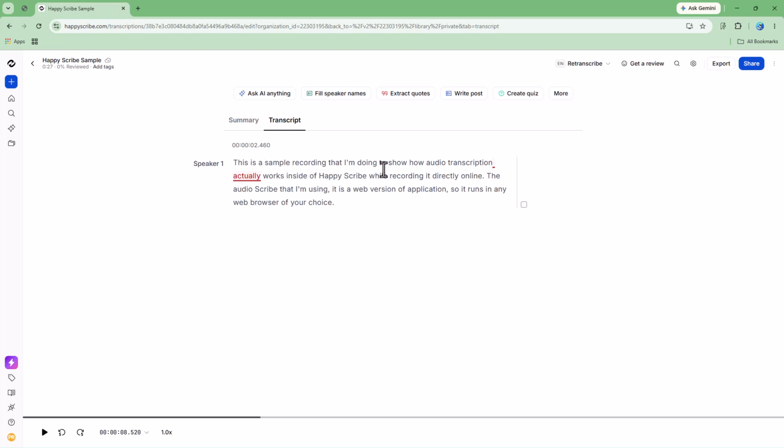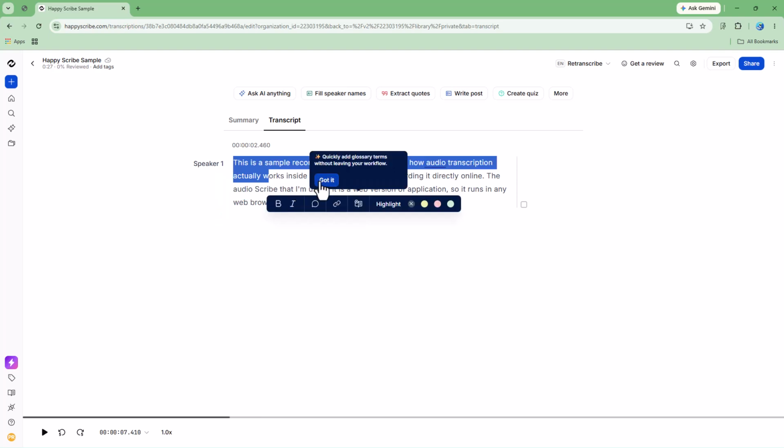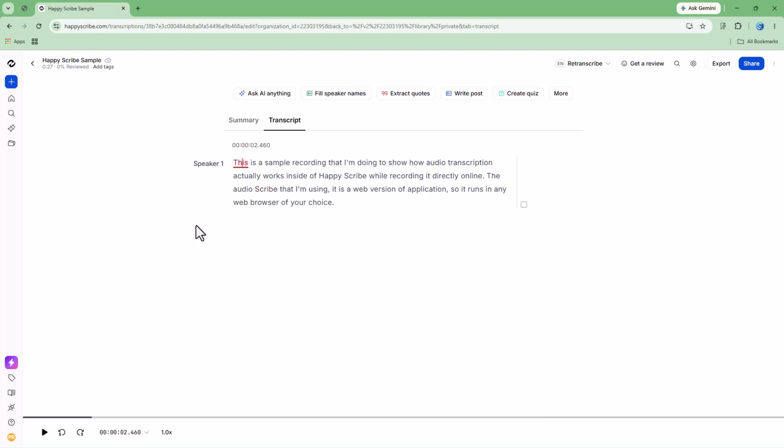sample recording that I'm doing to show how audio transcription actually works right here, just like this. And as I play, this is a sample recording that I'm doing to show, it highlights the words right here, which have been transcribed. So that is basically how you can record your audio for transcription directly inside of